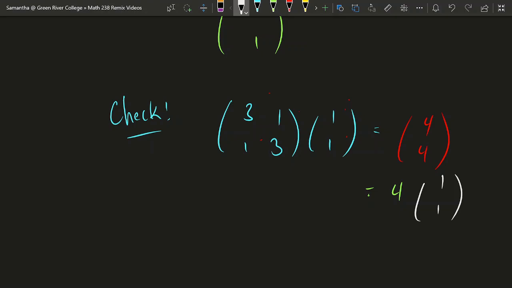Now that's the basics of how we calculate eigenvectors and eigenvalues of matrices. Tomorrow, we're going to talk about what happens in the case that we have complex eigenvalues, as we saw at the very beginning of this problem. And then in the next 2 days, we're going to talk about how to use eigenvalues and eigenvectors to solve systems of differential equations.